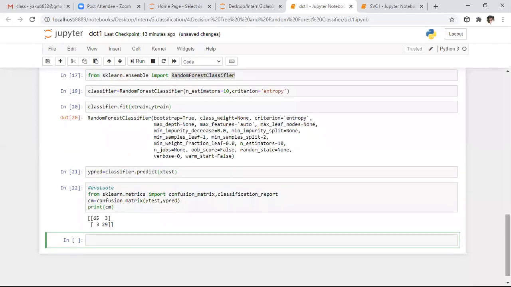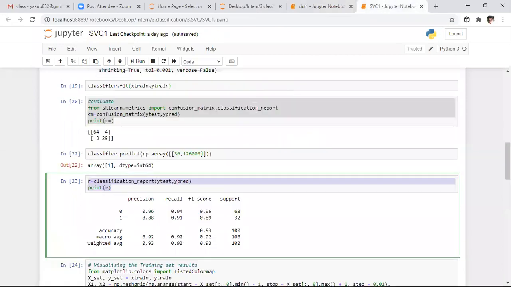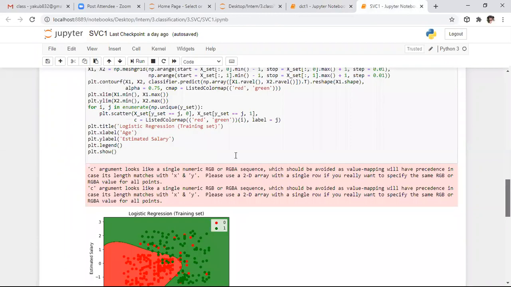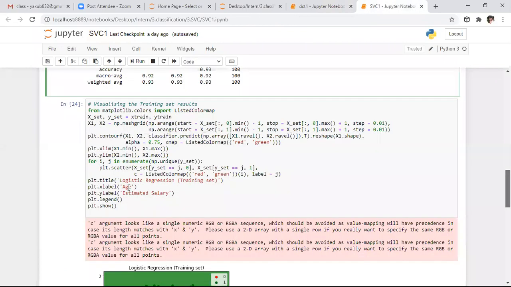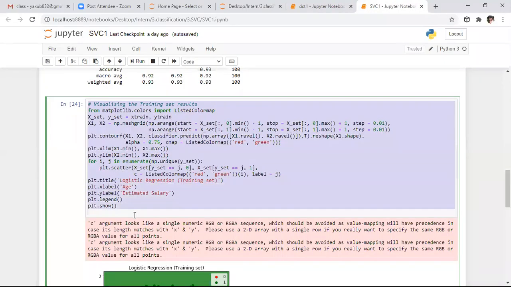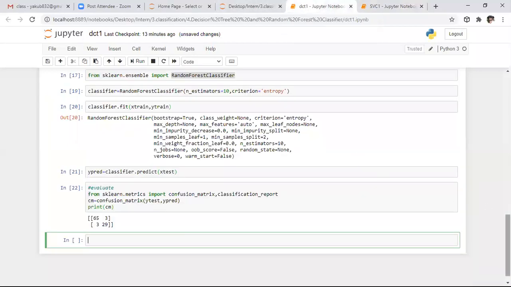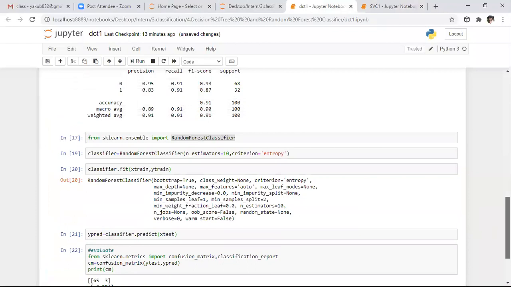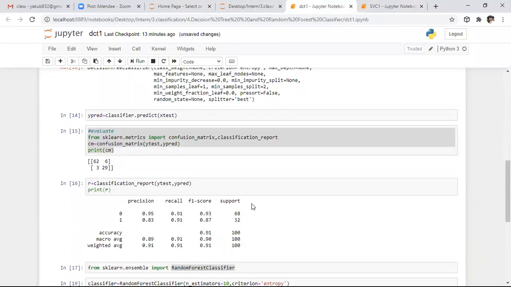So after this, what we need to do? We need to visualize the data points in a graphical manner. So here it is visualizing the data in the form of a graph. Initially we need to observe this for the decision tree, right? Yeah, good. So we will do one thing.